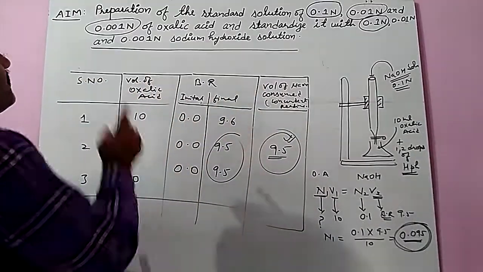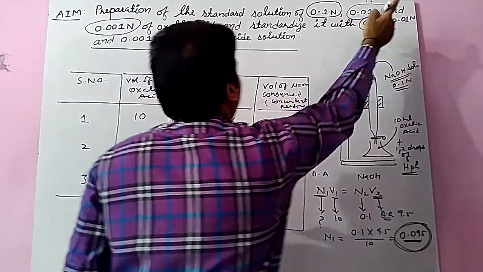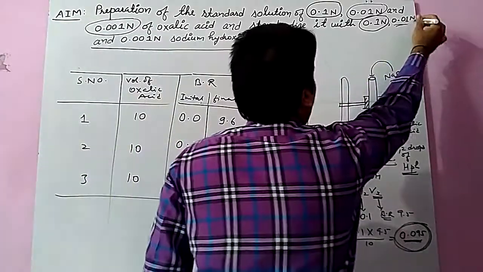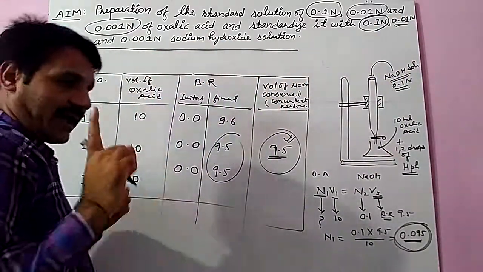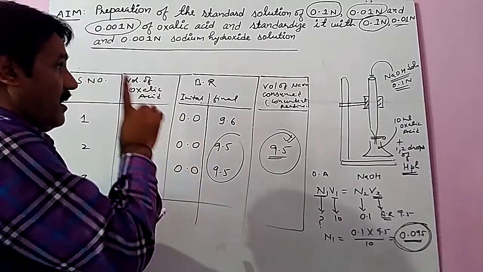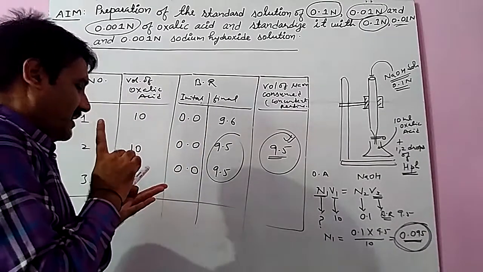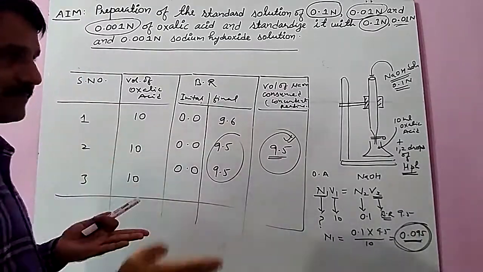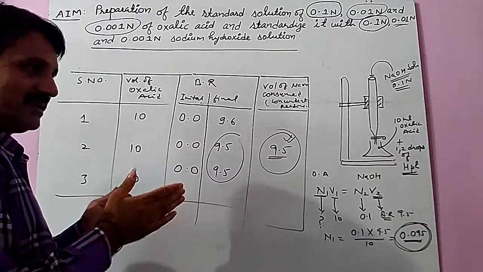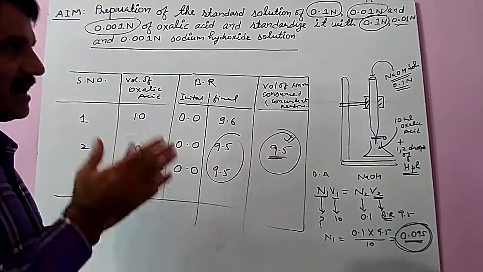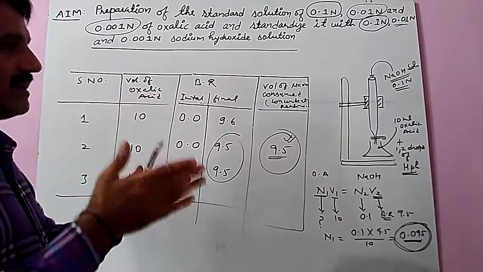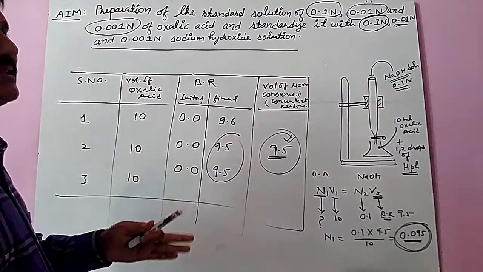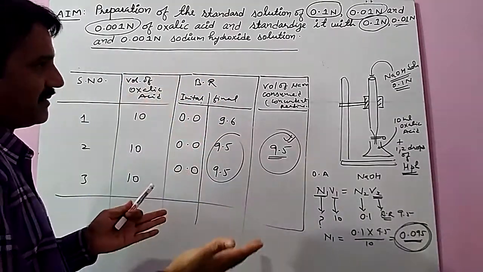Similar practice is done for 0.01N with 0.01N NaOH. Again repeat the process. In case of primary and secondary standards, the primary standard is never checked for standardization, but here we apply the opposite process. Oxalic acid is a primary standard and NaOH is a secondary standard. So always standardize NaOH, but here we apply just the opposite process to check how to standardize oxalic acid with the help of NaOH. Thank you.